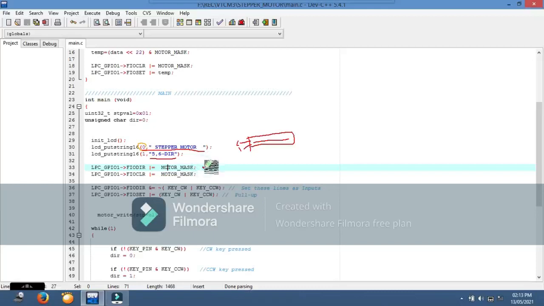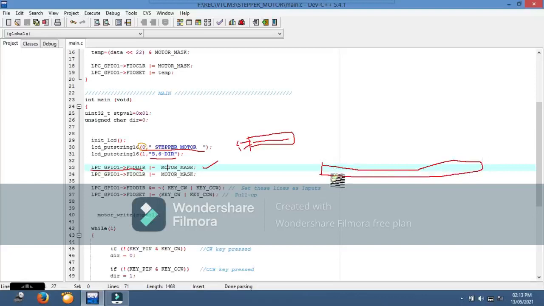We are giving here FIODIR. See here the function FIODIR, which is in GPIO, general purpose input output 1. This is one register which is defined for port 1.